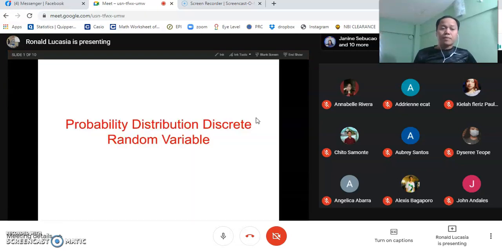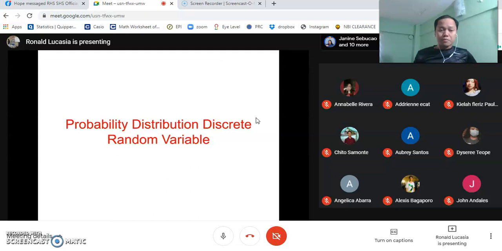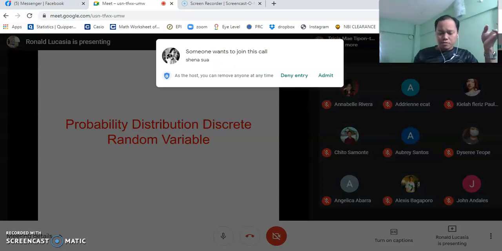Today's lesson is about probability distribution of a discrete random variable. Now, there are two types of random variable. The first one is the continuous random variable and the discrete random variable. Do not confuse the two because when you say continuous random variable,